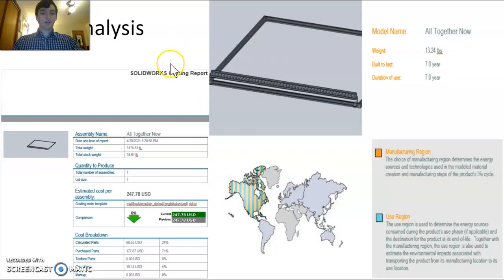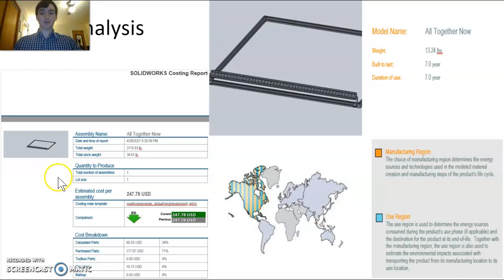Then there's the cost analysis. Costs were determined for the manufactured products, and the standard prices were determined for bought parts, and that all totaled $247.78 US. However, an additional $100 should be tacked onto this price, as it does not factor in the cost